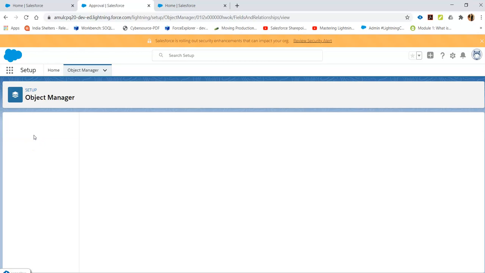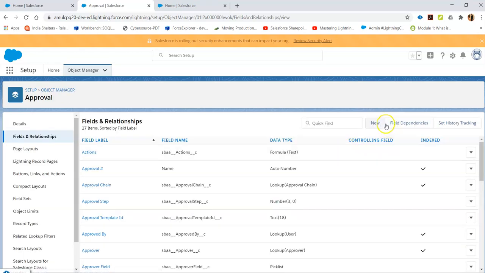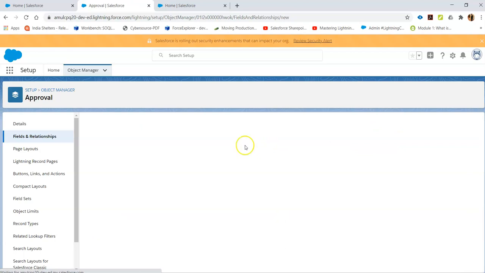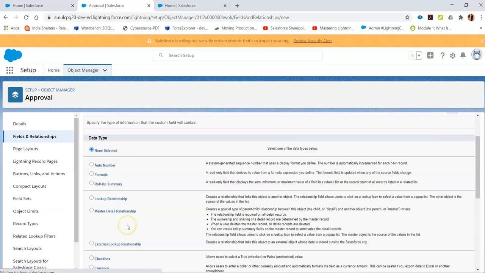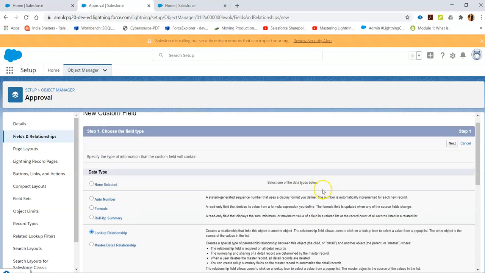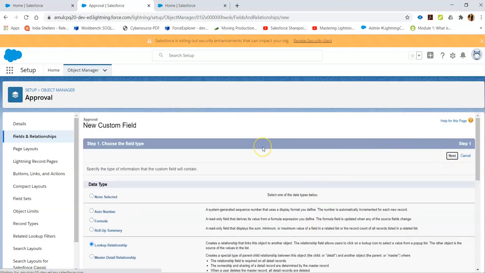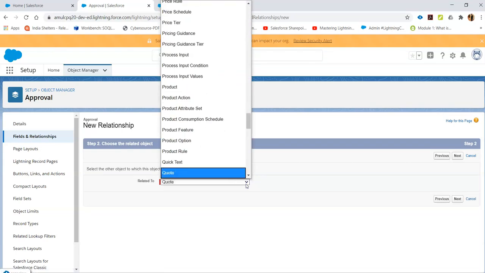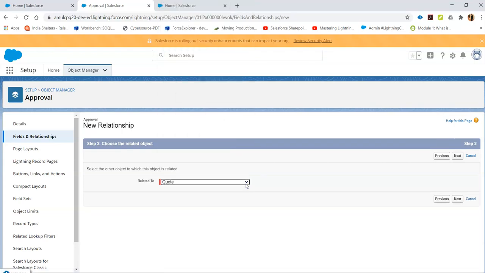Click on Fields and Relationships, click on New. From here, you'll have to create a lookup with the object name called quote. Click on Next.